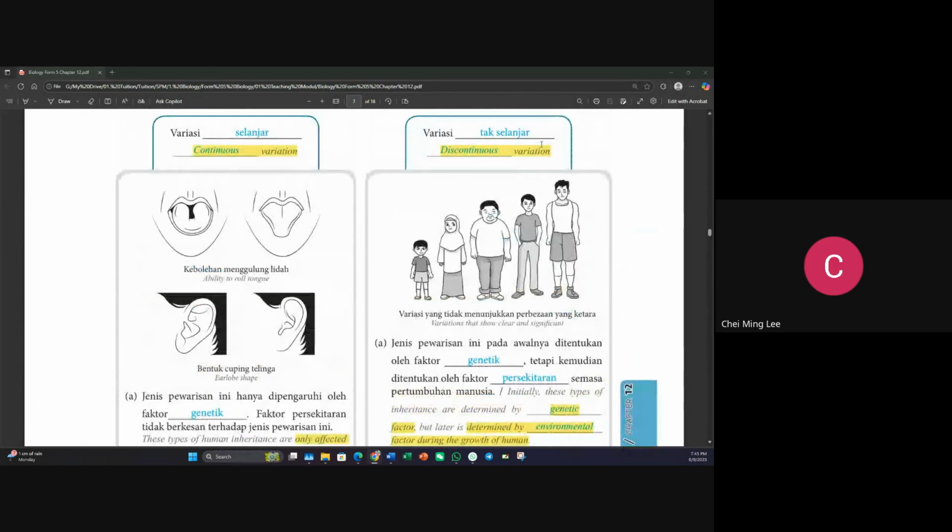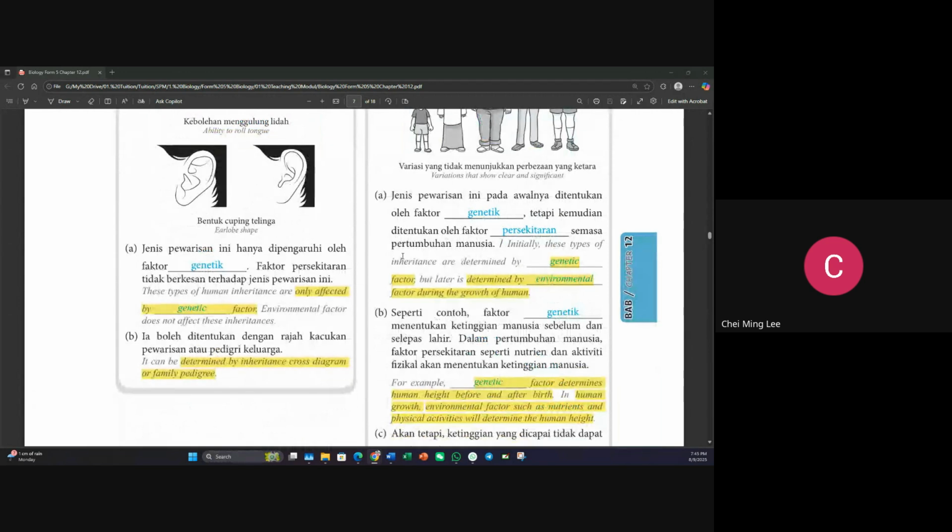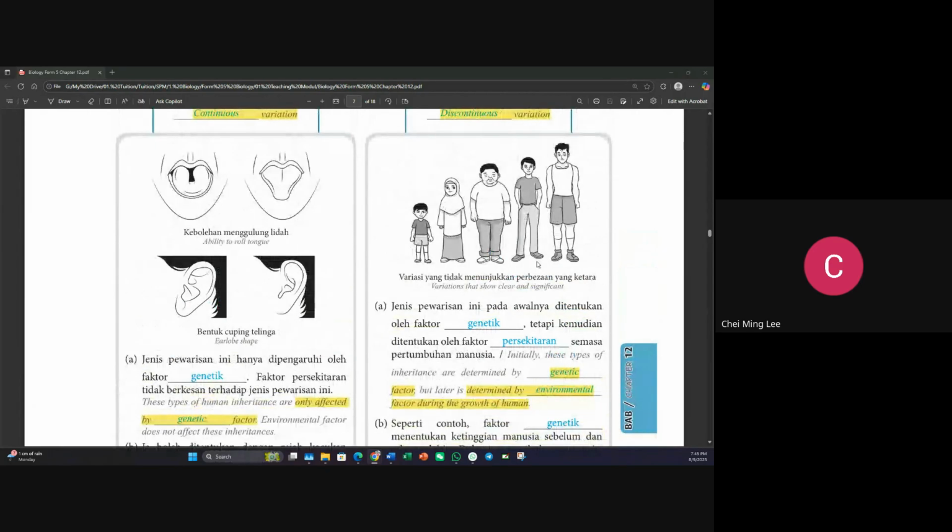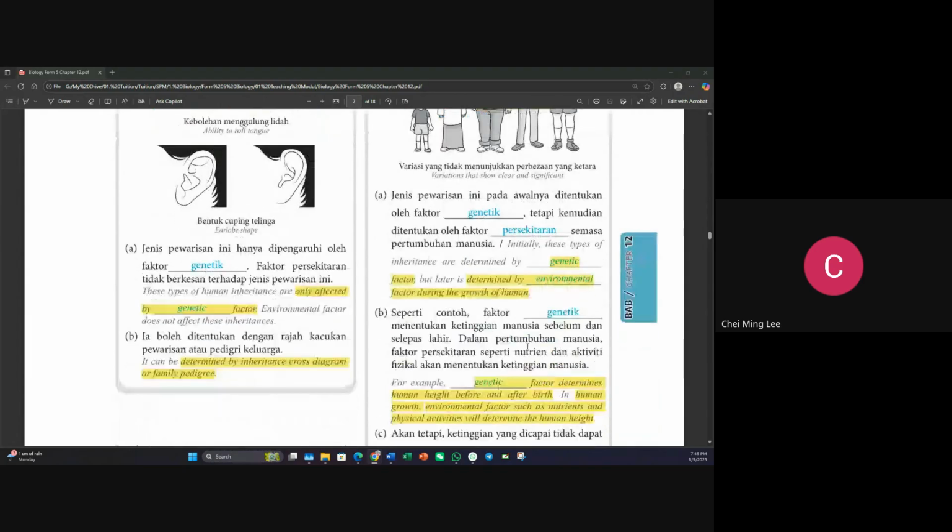Now, for discontinuous variation, initially this type of inheritance is determined by the genetic factor, but it can be affected later by environmental factor during the growth of a human. For example, to become tall and muscular, first you must have the dominant genetic factor for tall. So it will be determined, like I said, you first